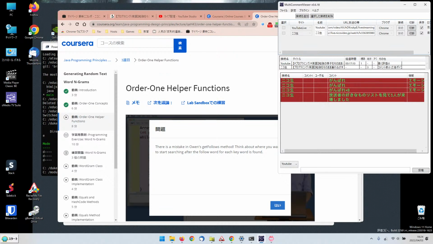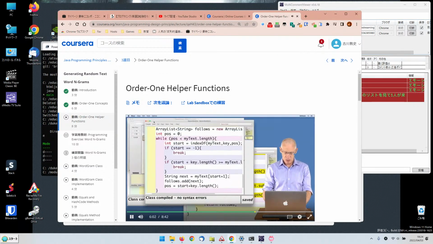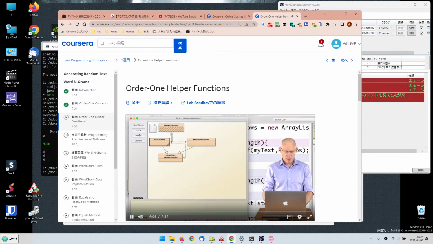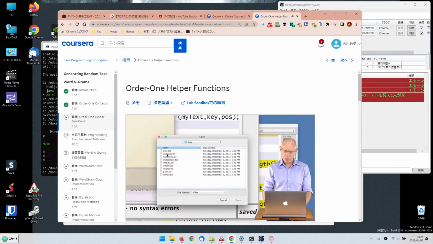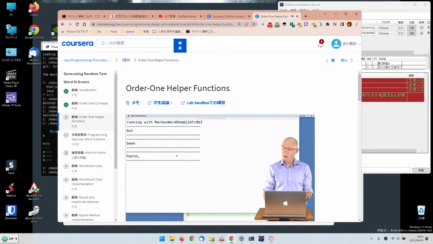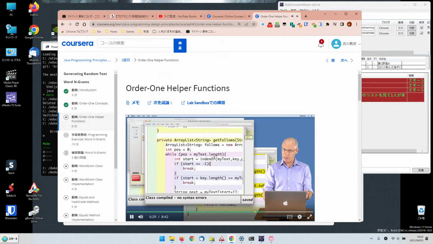My class is compiled and there are no syntax errors. If I now compile Markov runner again, and then make a new object and invoke the run Markov method on Confucius, I still get one word, a different word because it was random. And the reason I get only one word is because although I've made my follows method work, at least compile,